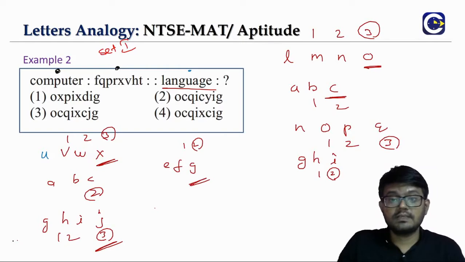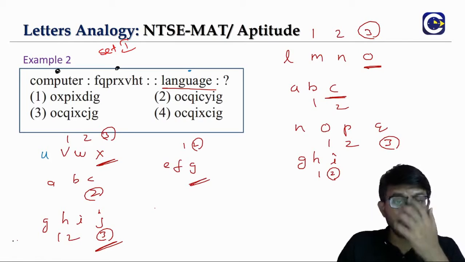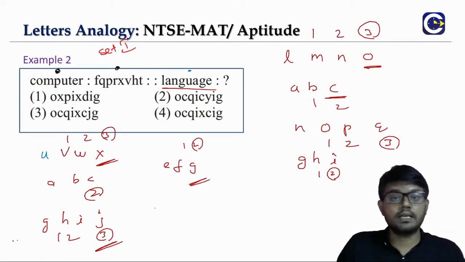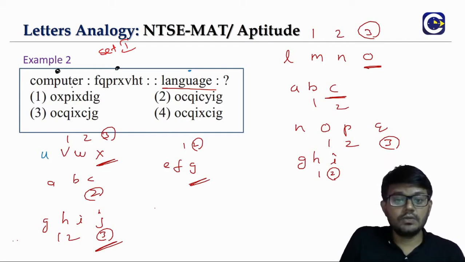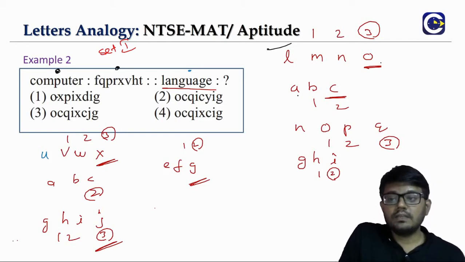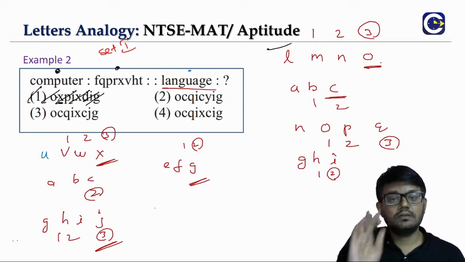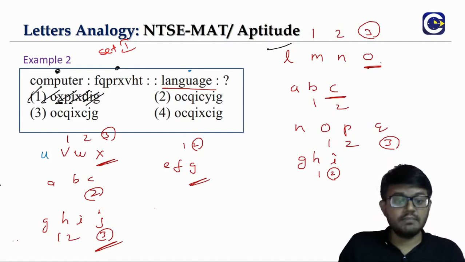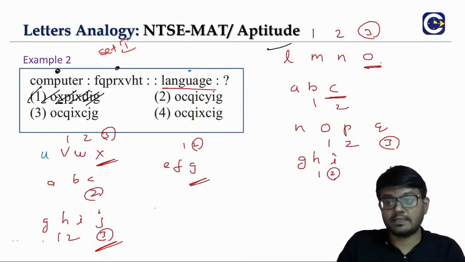Sometimes, because it is a multiple choice question, we may be able to find out the answer without solving for all the letter combinations. That we will get by practice. That model I am not touching here. We will be able to eliminate. See, first for L, we should have O. In all the options, it is O. For A, it should be C. You see in option 1, this is shown as X. So straight away we can eliminate. 1 cannot be the answer. Like that we can eliminate. That elimination approach I am not discussing here, because that can save some time, but you will anyway get it by practice.